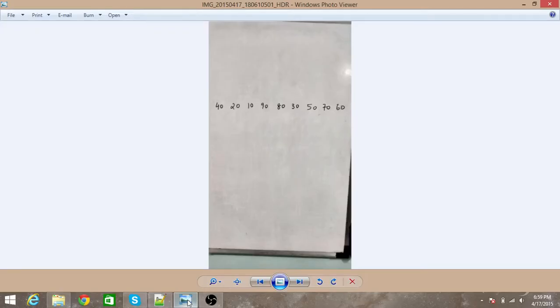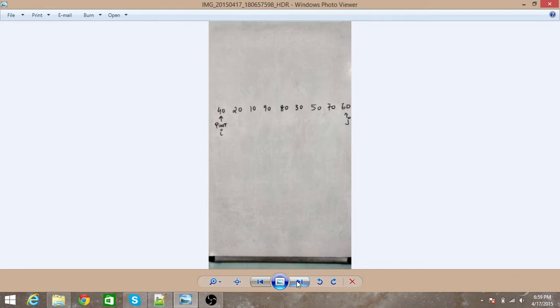So let us consider this array of elements. What we do initially is assign a pivot element. In this we have 40 as the pivot element. The first element is always the pivot element. Next, we will increment the value of I if the next element in the array is less than the pivot element, and we will stop as soon as we find an element which is greater than the pivot element.